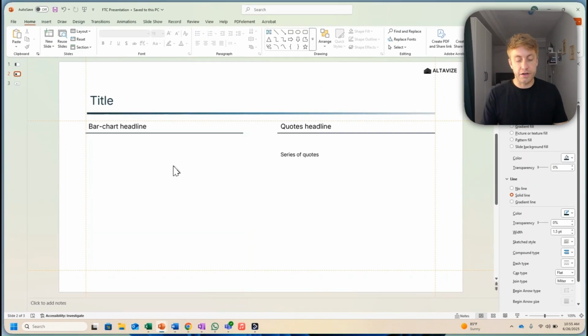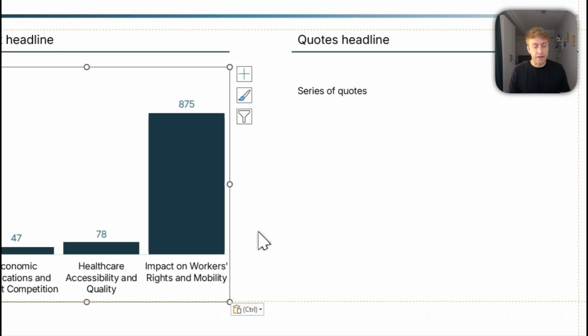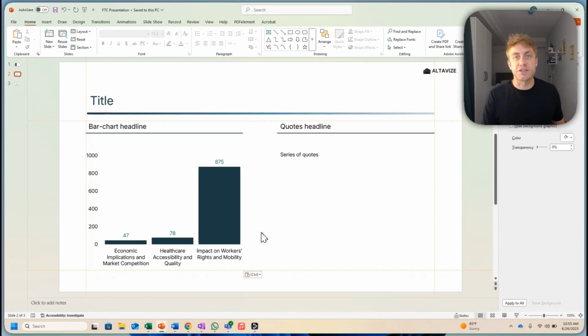So we'll get rid of our blocker. And I'm going to paste in the final version. Skip ahead. All right, and so there we have it. With just a couple clicks within Altavize, we're ready to create a bar chart showing the summary of the FTC